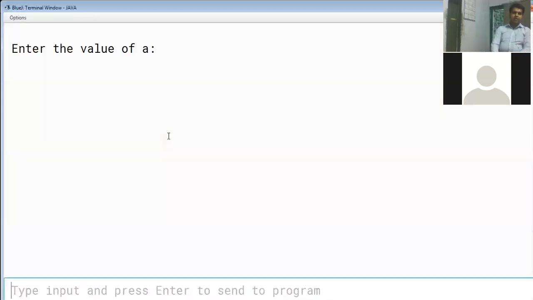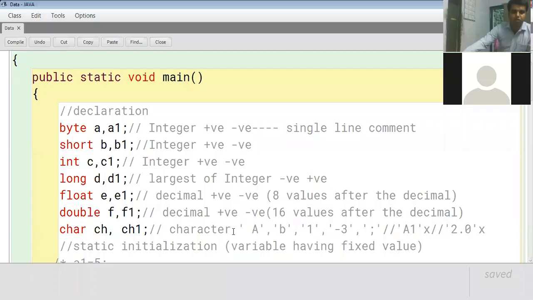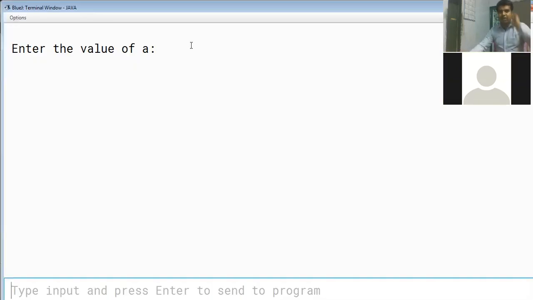Now here it asks: enter the value of A. You might forget, so for your understanding, I will keep the program also open on my screen. A is what data type? Byte. So I have to take the smallest value of all. First I will take a wrong input, let's say 15,042 or maybe 1542. I'd like to see whether variable A can hold it or not.